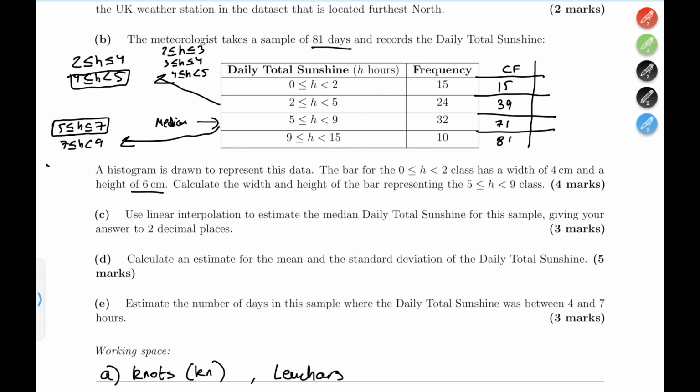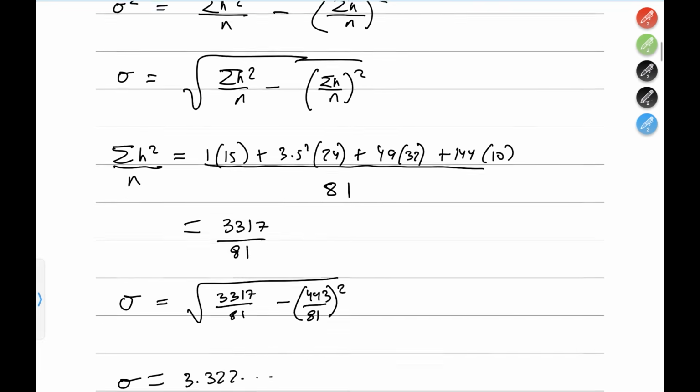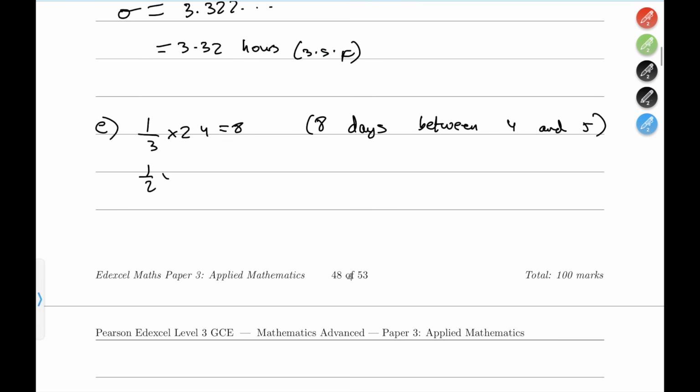So we can break this down into 5 ≤ h ≤ 6, 6 ≤ h ≤ 7, 7 ≤ h ≤ 8, 8 ≤ h < 9. So here we can see we have 4 classes now instead of 3. Well, how do we get 5 to 7? Well, that's 2 out of 4, because we can do 5 to 6, then 6 to 7. So that means it's half. What is our frequency? Our frequency is 32. So we're going to do a half multiplied by 32, which gives us 16. So 16 days